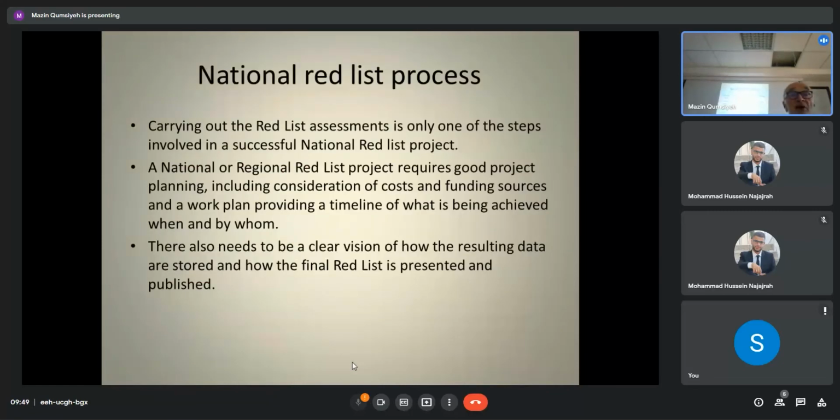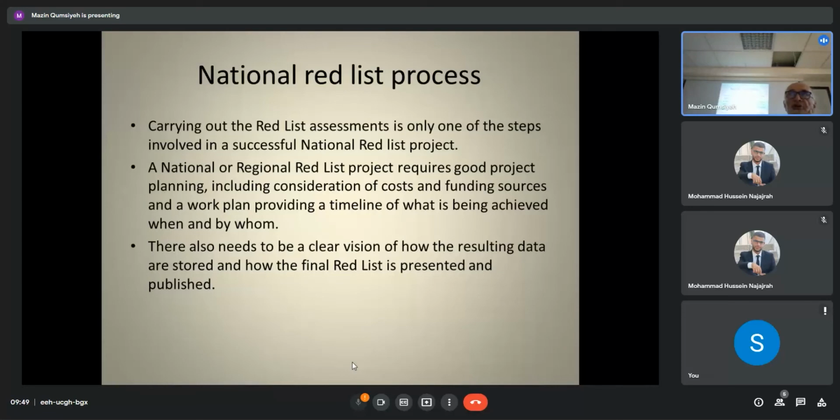So the national red list process is only one of the steps involved in a successful national red list project. It needs a good organization, a good planning, and it's exactly what you said before. You have to build a team of experts, normally local experts, but you also can be helped by foreign experts if they know the flora of the country, or they know the methodology, etc. And